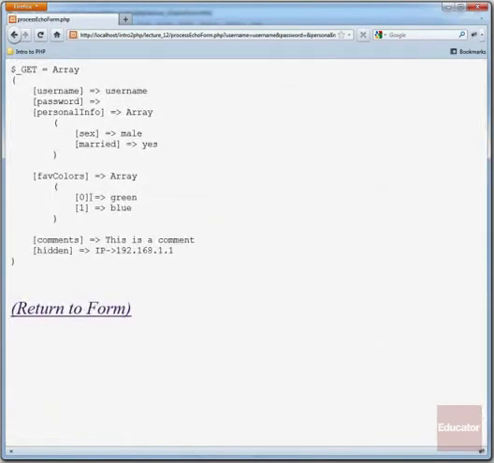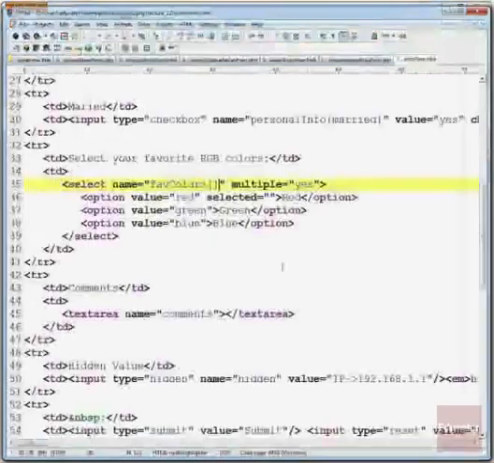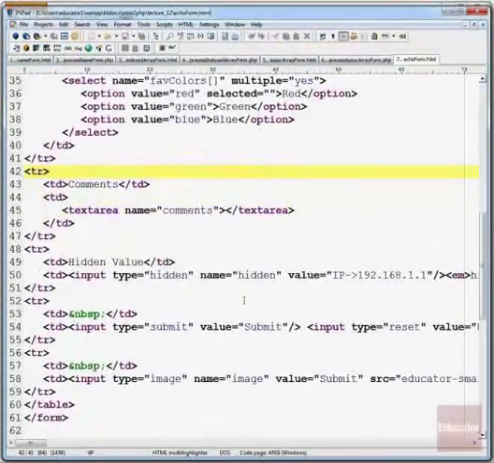We can see that it has added green and blue to the fave colors array, and they have the index 0 and 1. Additionally, the large text area called comments has the string that we included associated with it. And also down here, you can see it has the value of a hidden tag. We had a hidden input tag in our HTML. If we go down to the bottom and look at it,